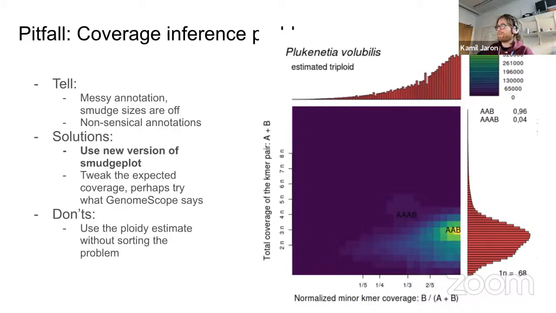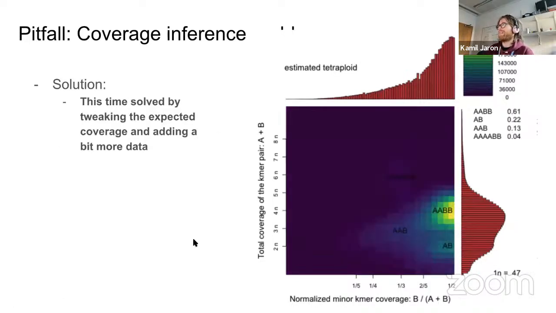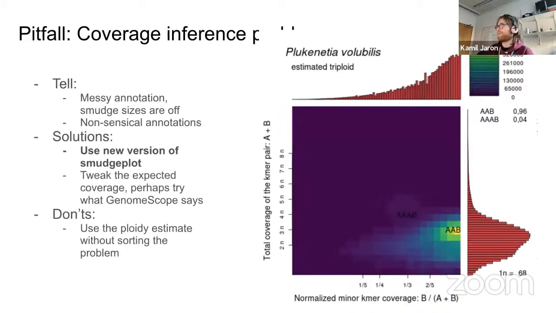This is a different case of the same mislabeling issue. Back then we didn't have a correction for the relative position on the x-axis. So sometimes you had a triplet smudge in a diploid position, and this is impossible now. So here I would use the newer version, and this is actually, if you do very fine tuning of that very same data set, how it should have been done. And you see that it actually is a tetraploid, that there was something hidden over here, that was just, by a choice of parameters, hidden.